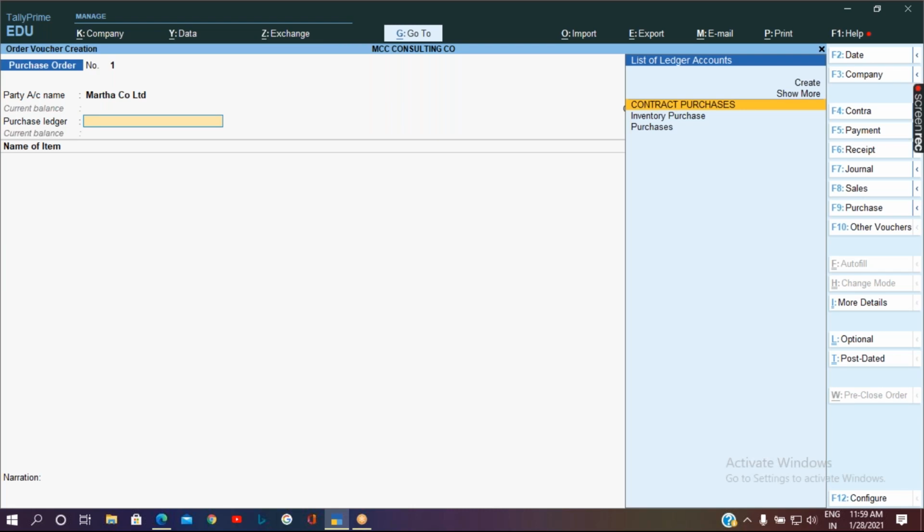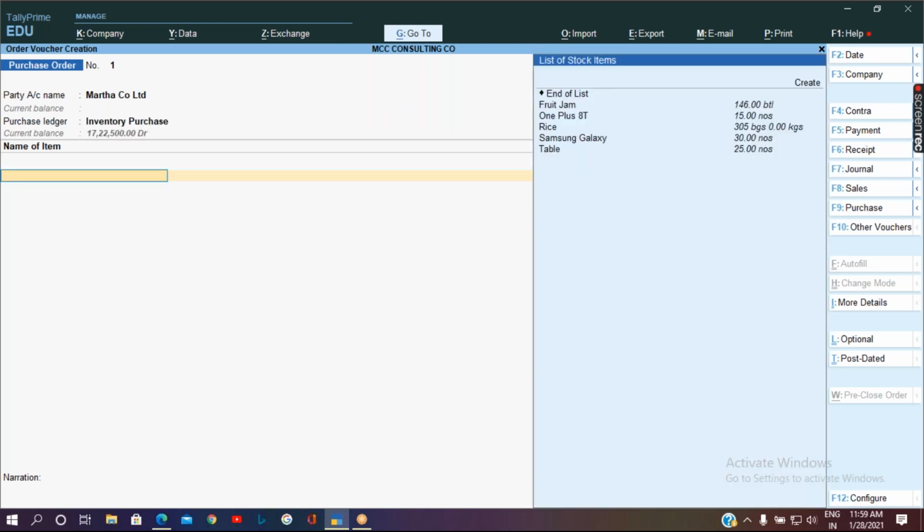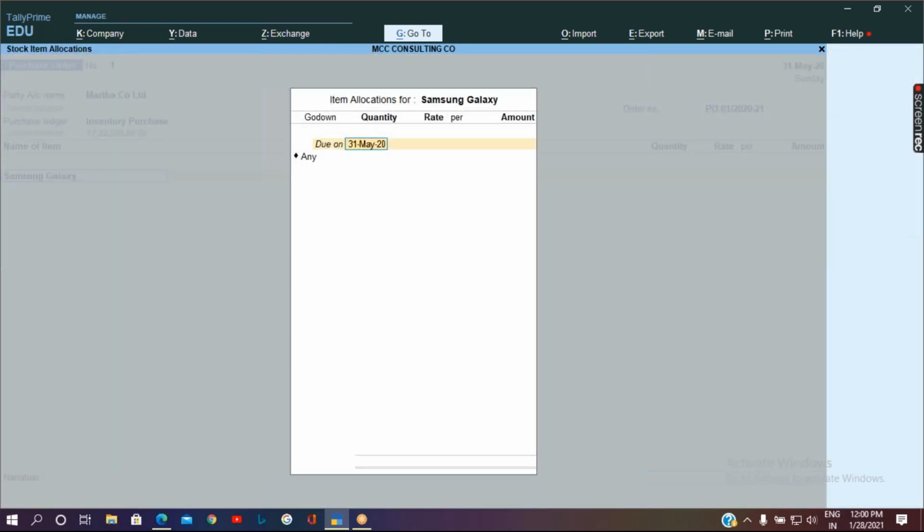The next, you can select the relevant purchase ledger. Let me take it as inventory purchase. Then now, let's assume that I am going to place an order for Samsung Galaxy Mobile of 100 quantity.